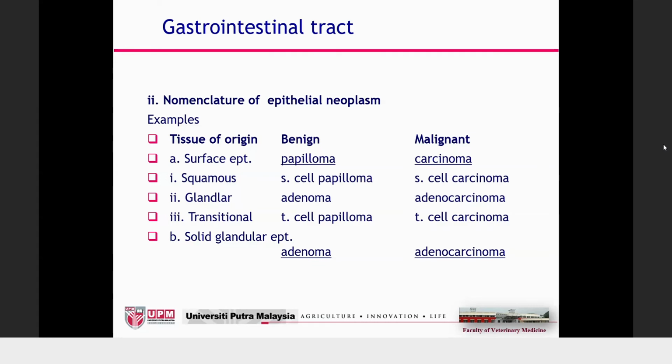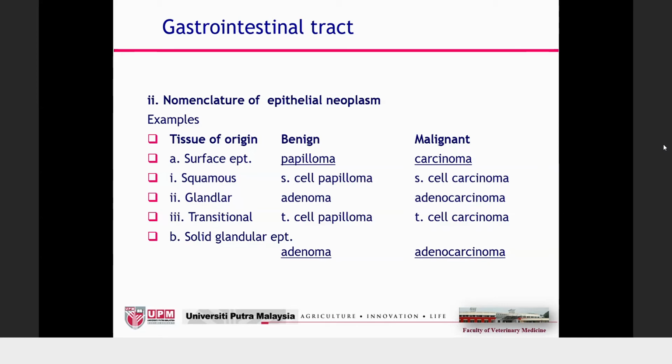Of course, there are a number of cases of squamous cell carcinoma, particularly in the cat. We also have glandular epithelium, like the stomach. So we have adenoma, but malignant we call adenocarcinoma, isn't it? This is in relation to the gland, particularly the stomach. Transitional epithelium is more in the urinary tract. The urinary tract, particularly the bladder, has transitional epithelium. Then you get transitional cell papilloma and transitional cell carcinoma, and in glands normally, as I mentioned, we call it adenoma and